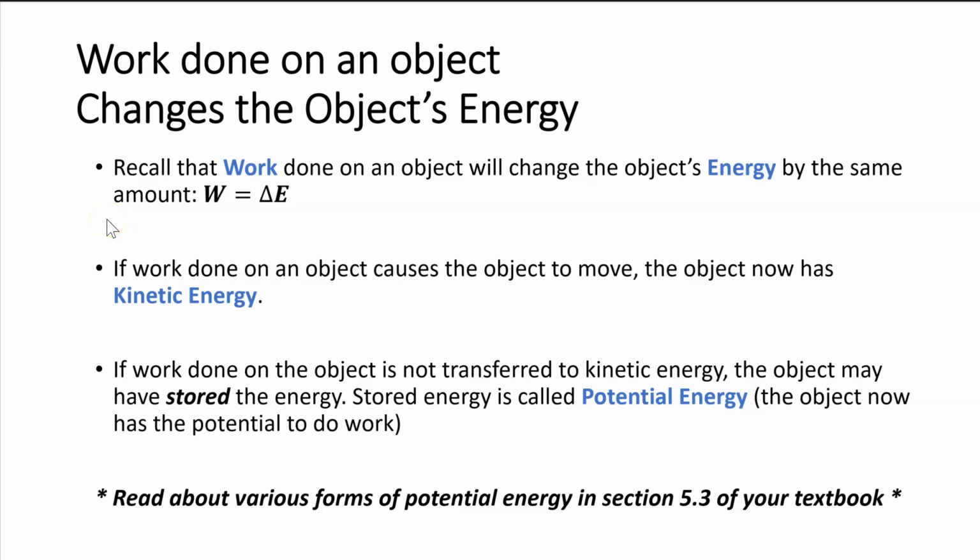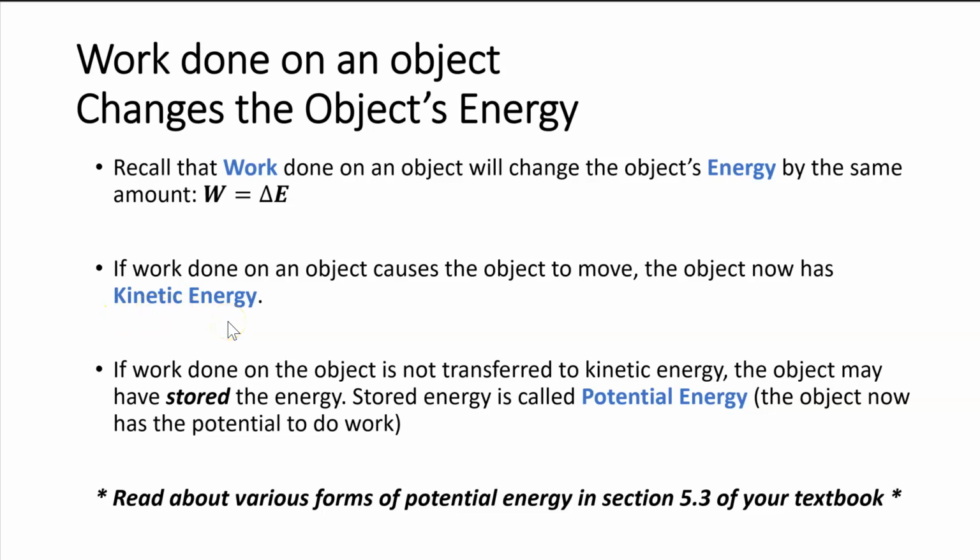So we know that the work done on an object will transfer energy to the object. How much energy? It will transfer the same amount of energy as the work done. So if 100 joules of work were done to an object, that object's energy changes by 100 joules. Now, if the work done on that object causes the object to move, the object now has kinetic energy or